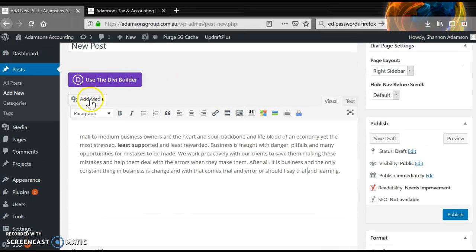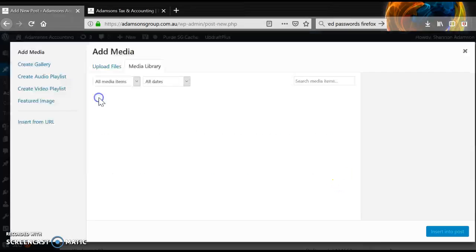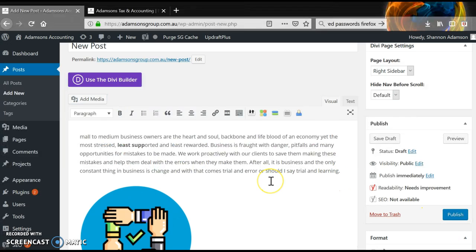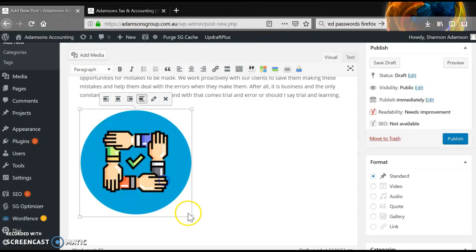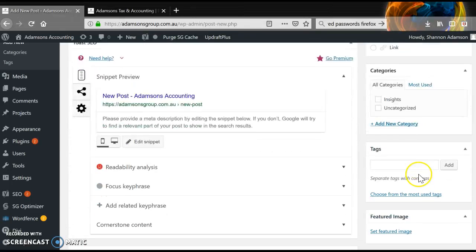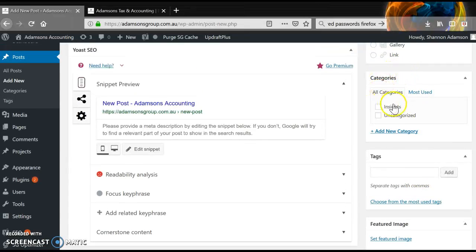We can add images in there just by clicking on Add Media. So we need to put our cursor where we want it to go, and we just click Add Media and take us back to our media library or upload files. This is the image, a bit smaller, where you want it aligned. Stuff like that. And we also need to make sure that what we do is, number one, we add it to our category. So the category will be Insights,